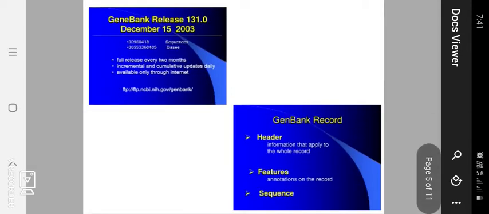Now GenBank release 131.0, as of December 15, 2033.